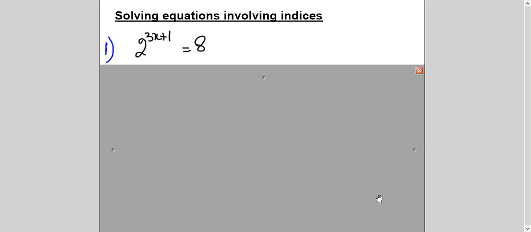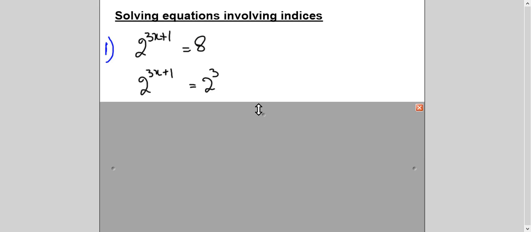Solving equations which involve indices in them. Now, if you look at it, you need to have a little sense of application of tables. You need to remember till 12 at least to have a good understanding. Now, this is very simple. 8 can be changed into 2 power 3. And the focus is what? To make the base the same. Only then can we equate the powers. So 8 will be changed into 2 power 3.